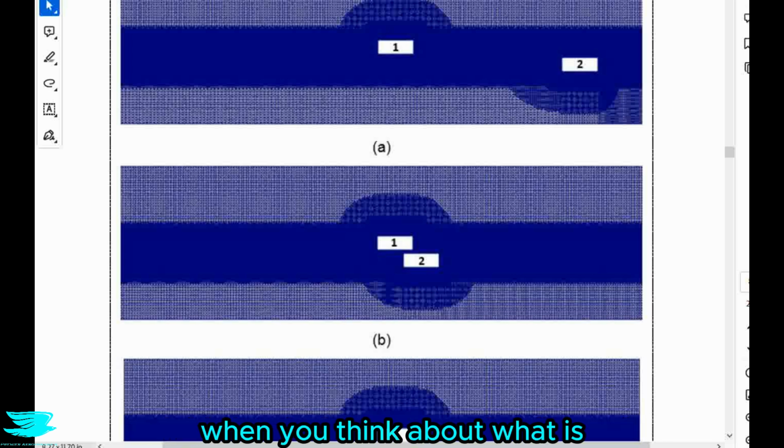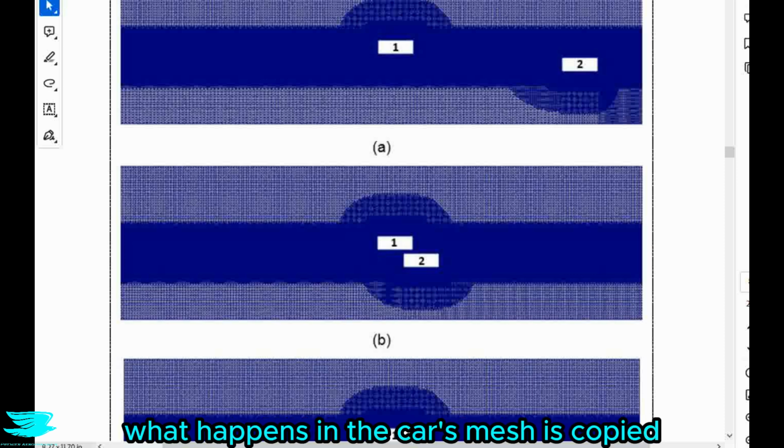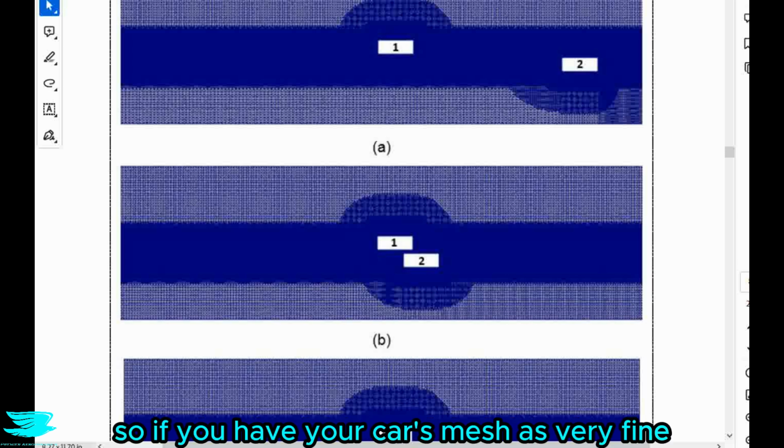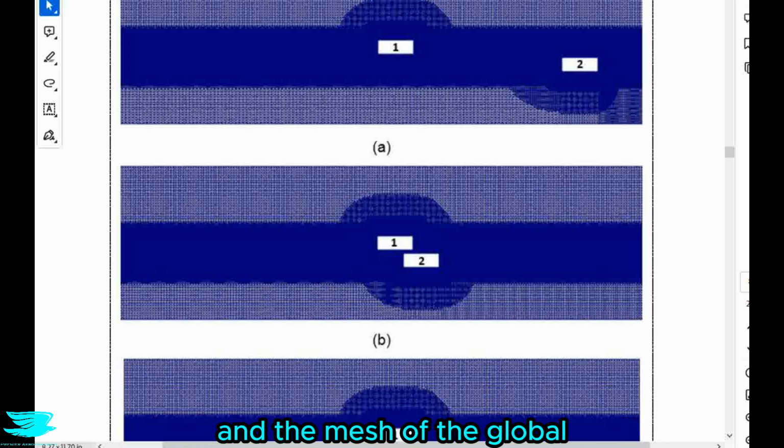and that is because when you think about what is happening in the overset mesh, you have the global flow, and then the information in the global domain is then copied to the car's mesh. What happens in the car's mesh is copied then back to the global domain so that the flow can evolve and go on its merry way and go downstream. So if you have your car's mesh as very fine and the mesh of the global domain around the car as much coarser, you now don't get a good representation of what is happening because you only have coarse information